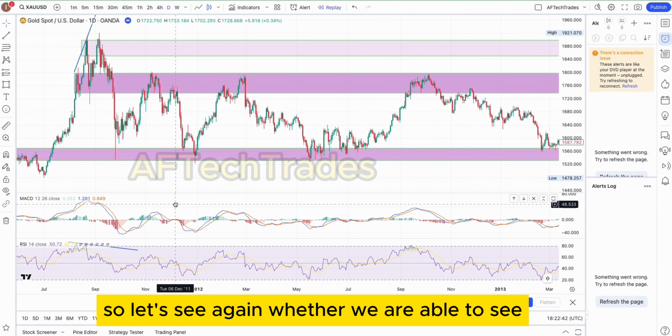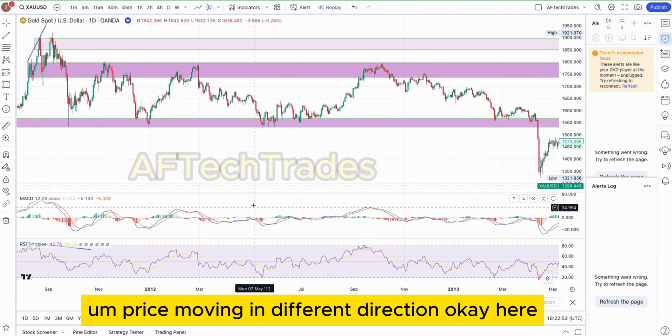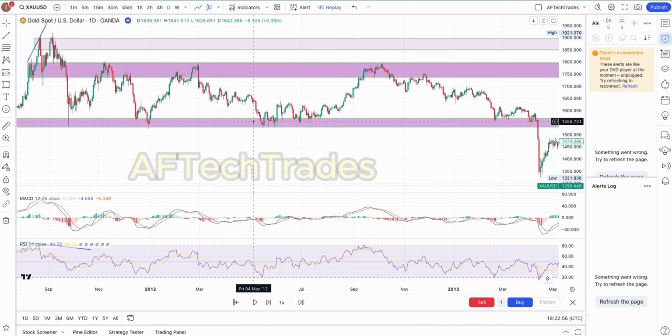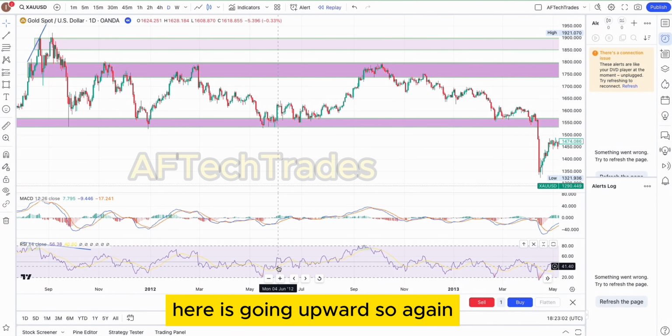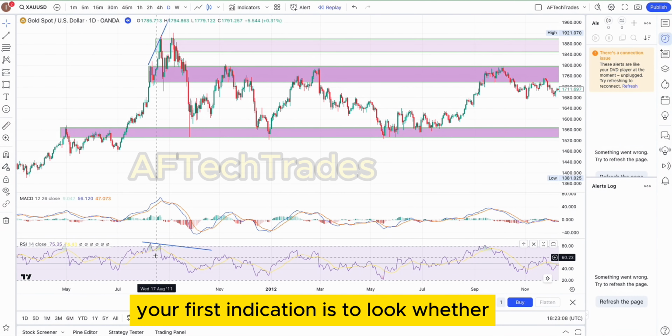So let's see again whether we are able to see price moving in different direction. Okay, here the price is going downward. If we join our lines here too, it's also going downward. Here it's going upward. So again, your first indication is to look whether you have